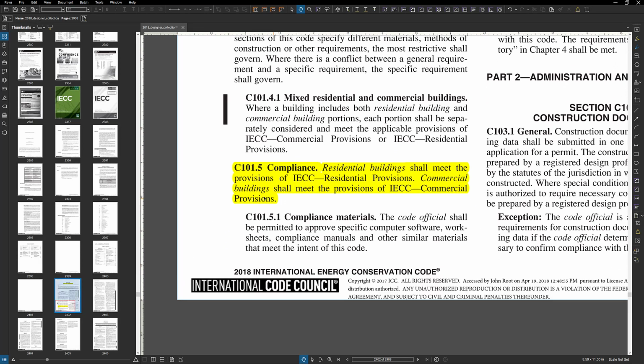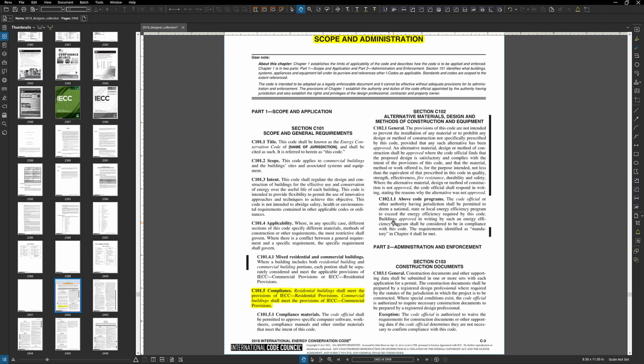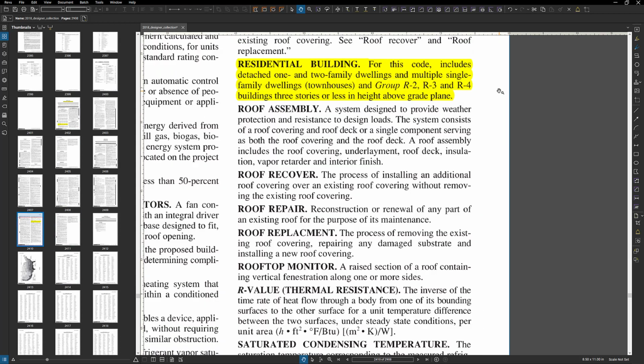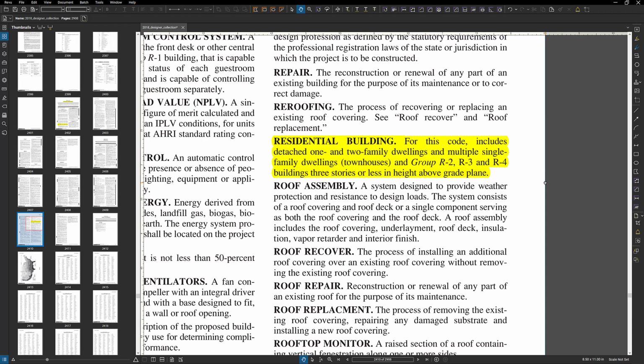So here, residential buildings shall meet the provisions of the IECC residential. Commercial buildings shall meet the provisions of IECC commercial. Okay, don't just naturally assume that their definition of residential buildings versus commercial buildings is the same as the International Building Code, because interestingly enough, it's a little different. So for the purposes of the IECC,